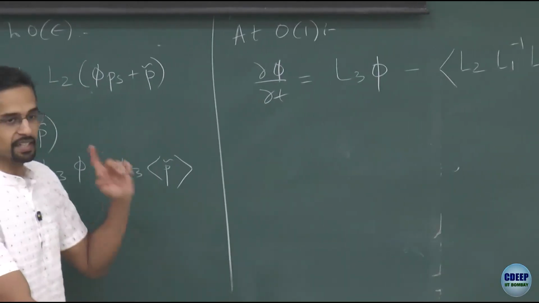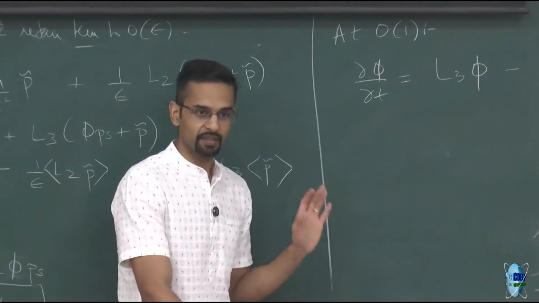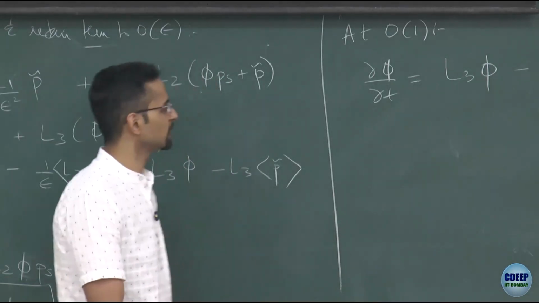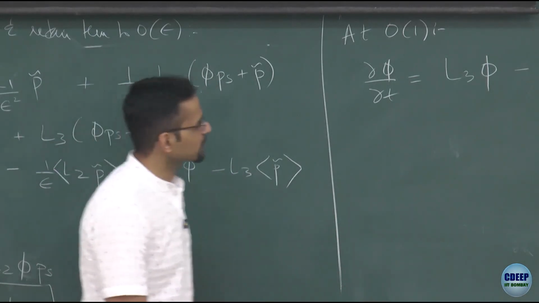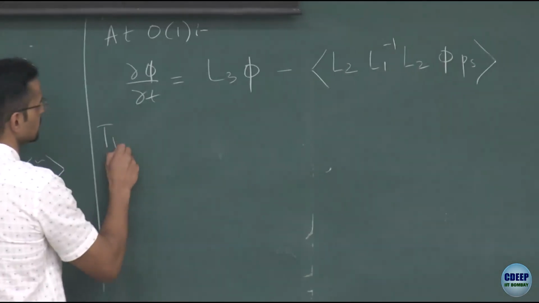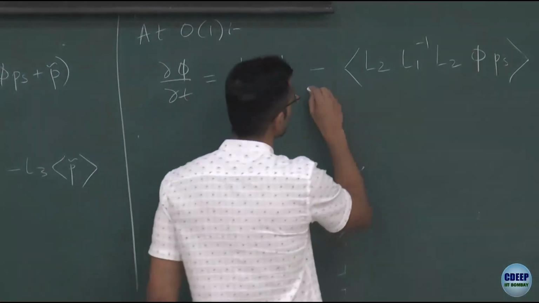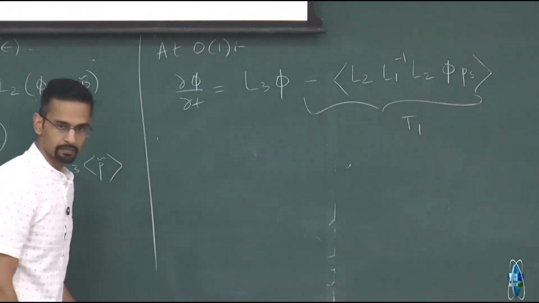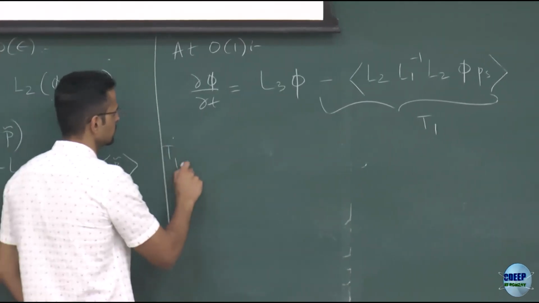And remember, we had that result that you can write PS in terms of this exponential operator. So we'll use that in a second. But first, let's expand this out, what this integral looks like. So let me say this entire thing will be called T1 with the minus sign. Okay, so what is this T1 now?